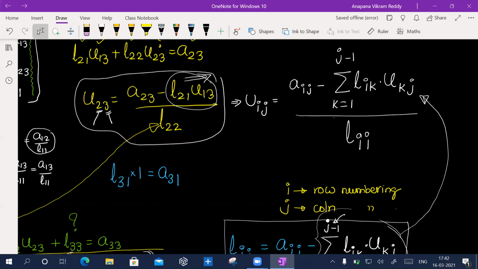Now you tell me, for finding the L and U elements, you will implement them in one for loop, right? I mean, you have a nested for loop, but you must decide now the values for i and j. Now you tell me, what must be the range of j and i?